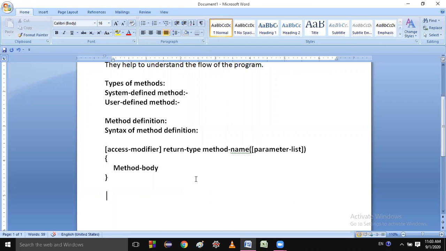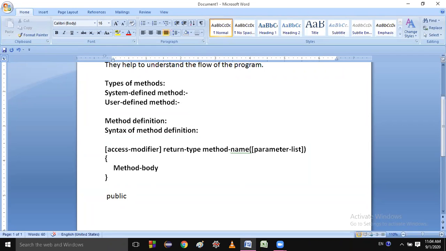So students, suppose I am writing one method here: public, the access specifier. As I said, these are keywords, so everything will be in small letters. Then the return type, which is what the method returns. In the main method, you know it was not returning anything, that's why we wrote void.